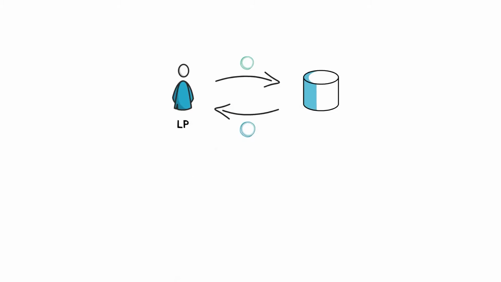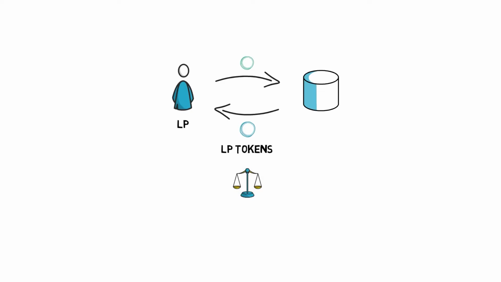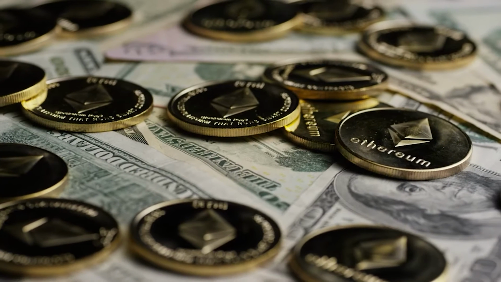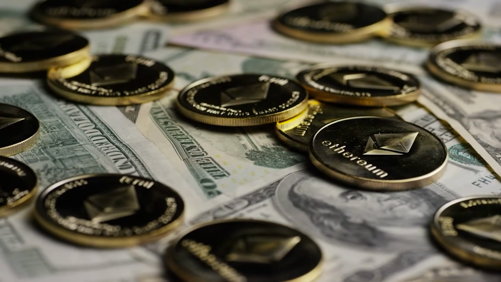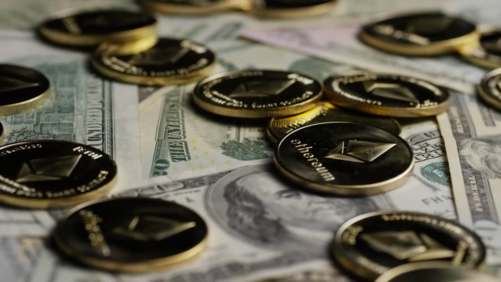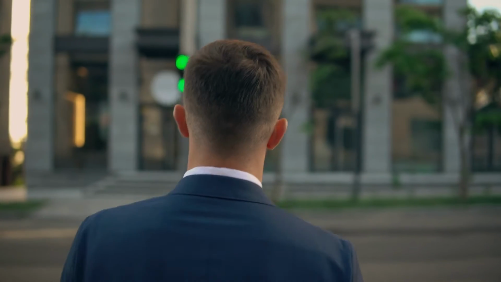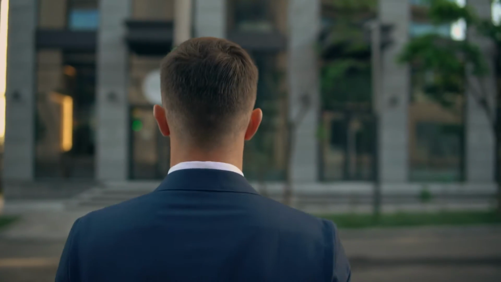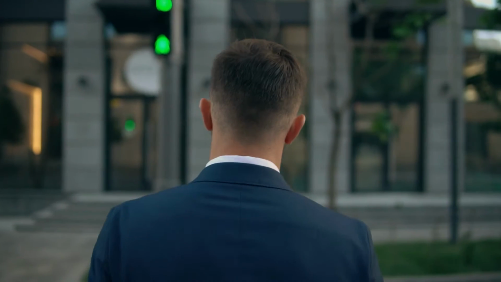LP tokens can be valuable just by themselves, and they can always be used through the entire DeFi space in a lot of different ways. Usually though, a crypto liquidity provider gets their LP tokens as a proportionate measurement against the amount of liquidity they have provided to the pool. And so when a pool facilitates a trade, a small fee is distributed amongst the various LP token holders that aided in the liquidity of that transaction.